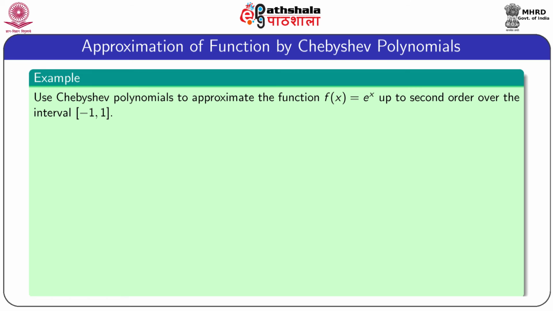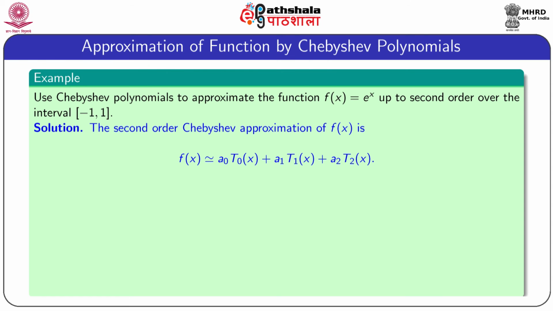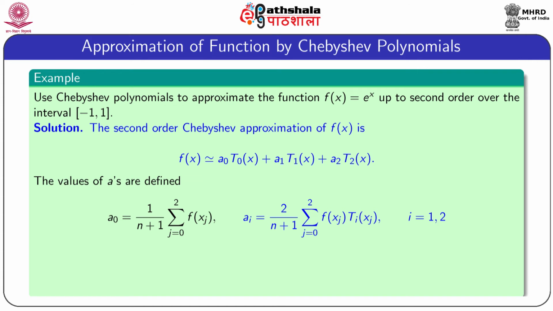Now, here we consider a function f(x) equal to e to the power x, and we have to approximate this function up to second order over the interval -1, 1. The second order Chebyshev approximation of f(x) is f(x) equal to a0 T0(x) plus a1 T1(x) plus a2 T2(x), where a0 equal to 1 by n plus 1 into summation over j equal to 0 to 2 f of xj, and a1 and a2 are given by this formula,